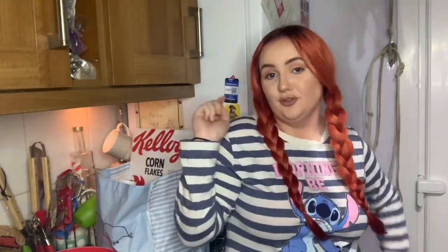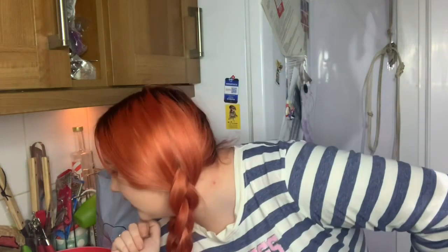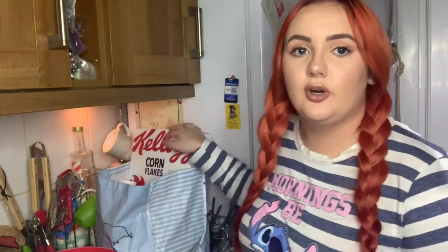Hello everyone, so if you watched my last video you would have seen that I had said that during the quarantine I've been baking a lot. So it's currently 12:30 at night and I'm in the mood to bake, so I thought that I'd try Mars bar cakes. I had bought all the stuff the other day for Mars bar cakes